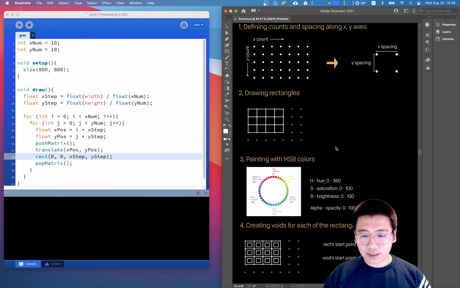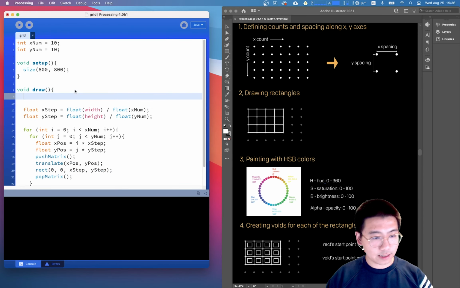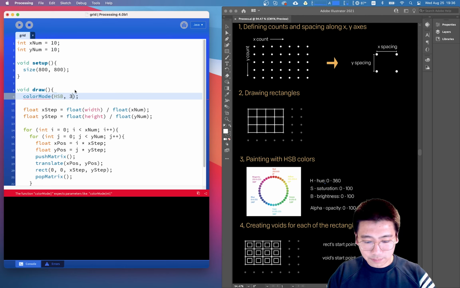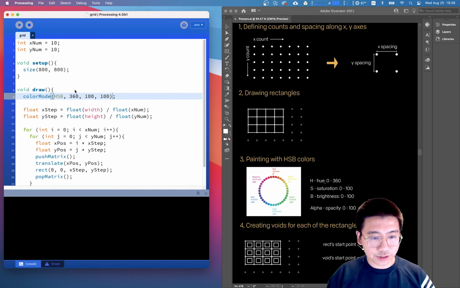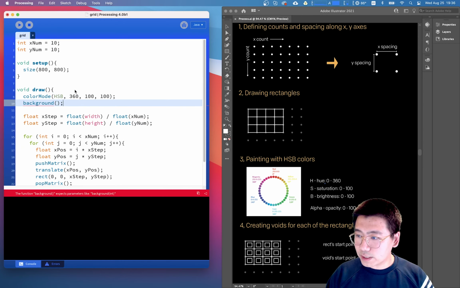Then the next step is to shade these rectangles, or to paint these rectangles. So we need to set up the color mode here. We can say color mode. Color mode is HSB with a maximum value of each one, 360, 100, and 100. And we can say our background can be